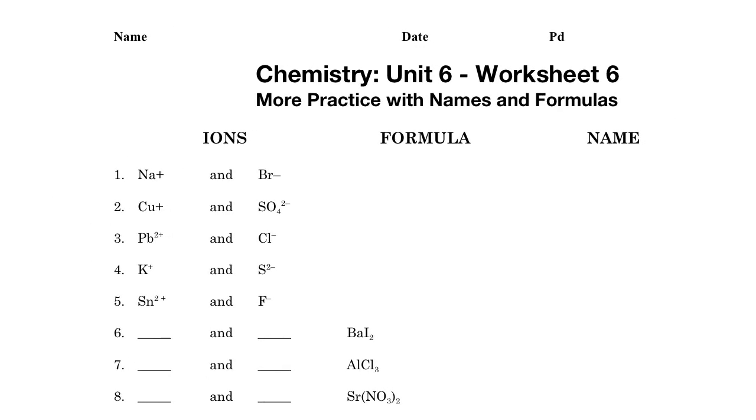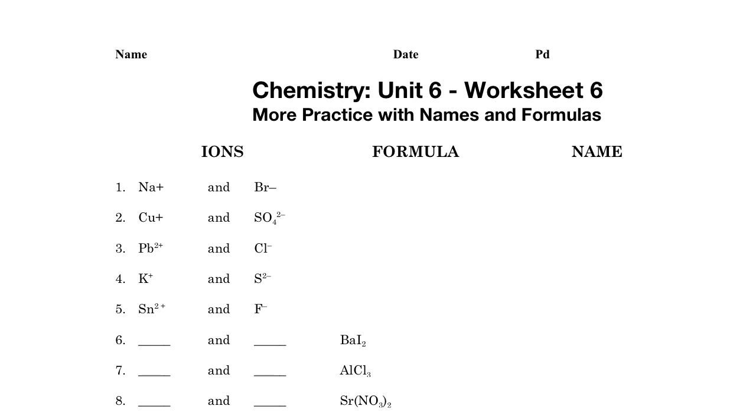So on this sheet here, the first thing is we've got a sodium ion. Remember, ions always have charges. So if we're writing an ion, we need to have a charge. You can't just put the letter down or the symbol down for the element. So I've got sodium, which has a positive 1 charge, and bromine, which has a negative 1 charge. My charges always have to balance off, so the formula for this is going to be